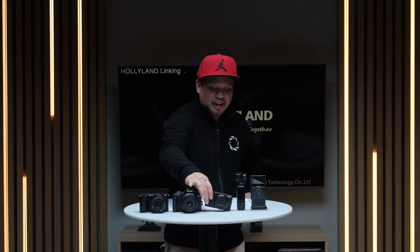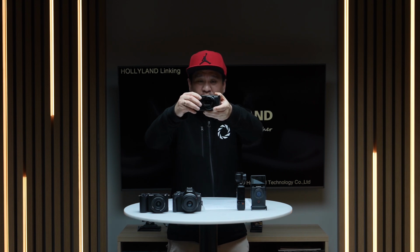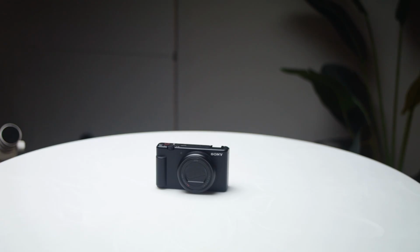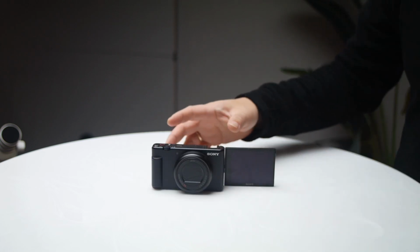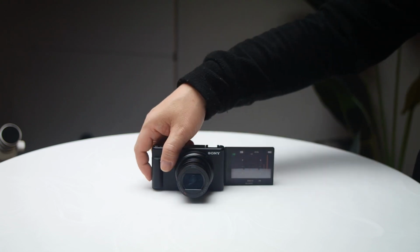So the next camera on our list, number 3, is the Sony ZV-1 Mark II. Again, the Sony ZV-1 Mark II is around $798 US, with a 20.1 megapixel 1-inch Exmor RS BSI CMOS sensor with a wide-angle 18 to 50mm equivalent lens,